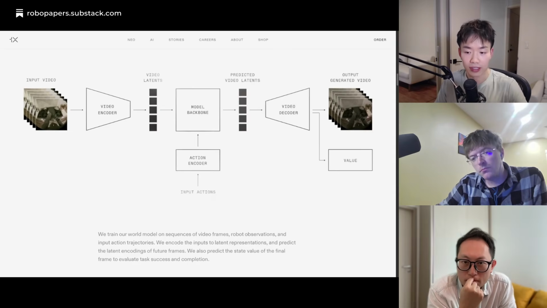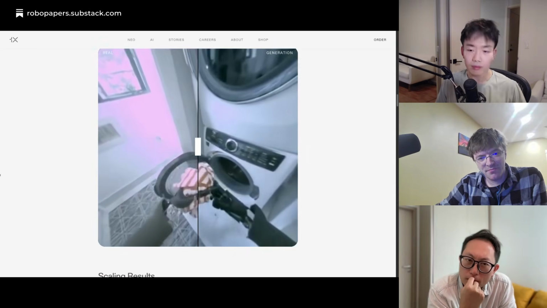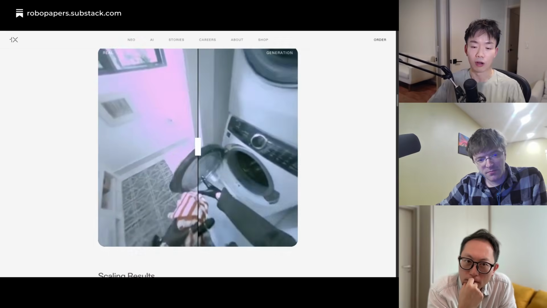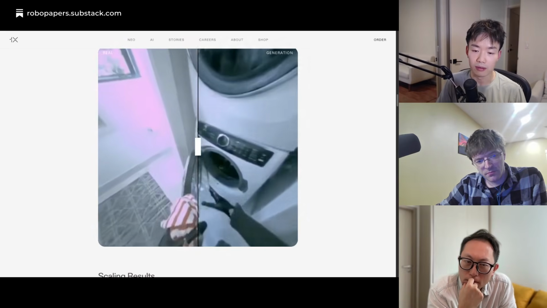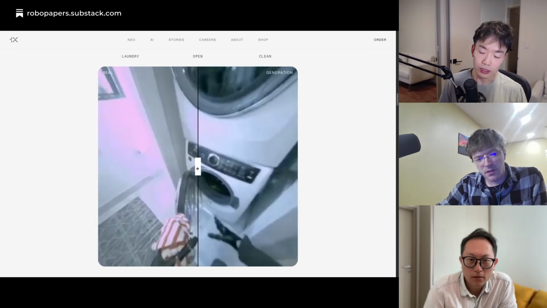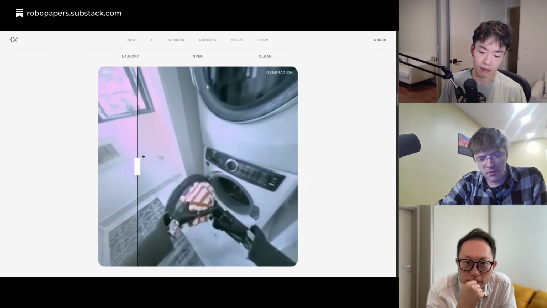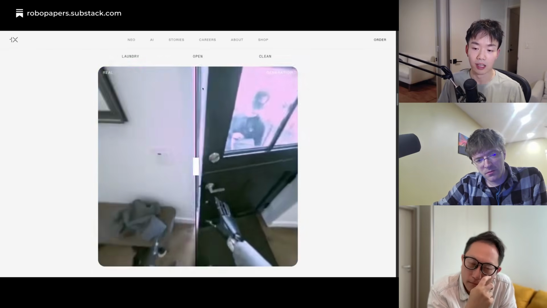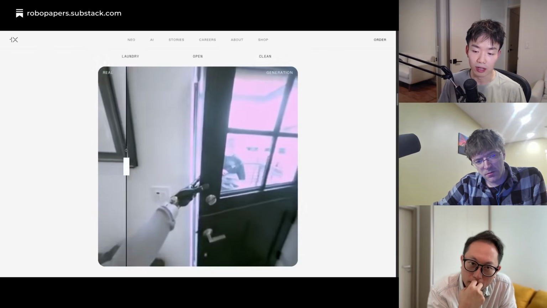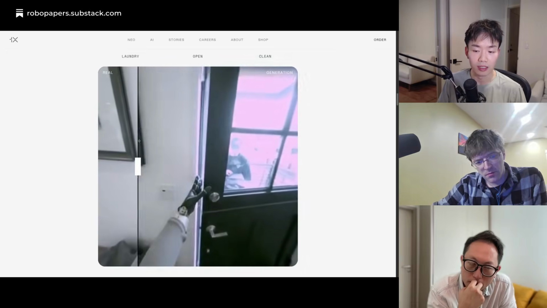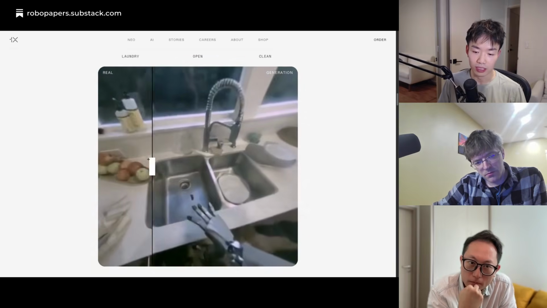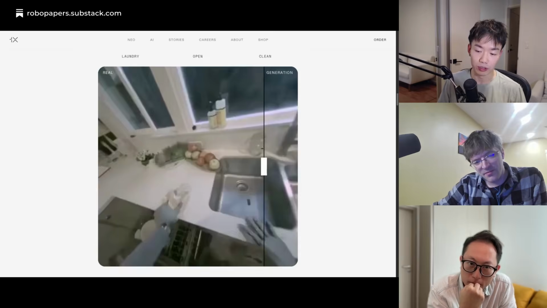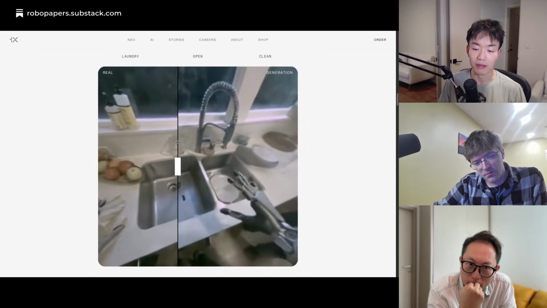And then, from that point, now you could really do things like come up with a complete analysis across a whole aggregate of a data set of how well VLA number 1 performs compared to VLA number 2. So if you look at some of these videos, you can see that we have action conditioned sequences where by replaying the actions of, say, a log, you're able to achieve very similar generations of the robot state between the original and the world model generation. So the way the hands move looks almost the same between the two, meaning that we're able to correctly get controllability of actions to be a property of this.